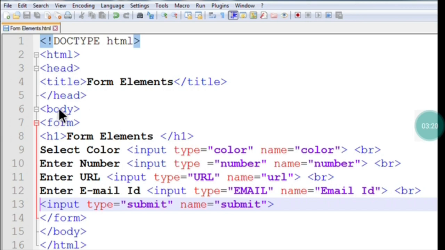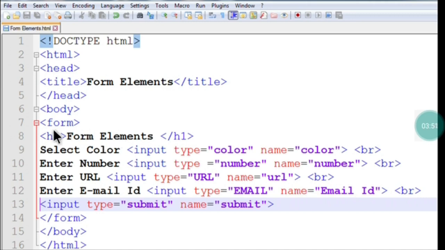The next tag you have to start is the body tag. Whatever content you are going to place in the body tag will be displayed on the screen. In the last class, when I was explaining the structure of an HTML program, I already showed you in the body section that I had written an h1 tag and a paragraph tag. I had written one line, and it displays the content. So these two, the paragraph and the h1 tag, I already explained. Here also I am going to explain the body and the form tag.